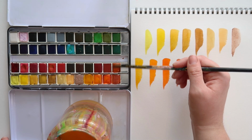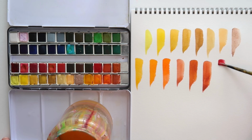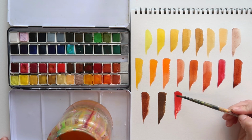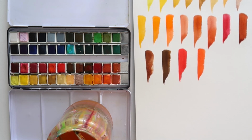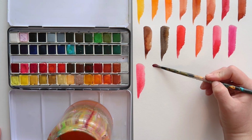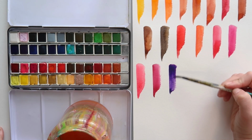And in our next row, we have raw sienna, light red, rose madder, brown red, burnt umber, Van Dyke brown, permanent red, scarlet, permanent rose, cold pink, opera, and crimson lake. And for the next row, this color I'm starting with, I think will really surprise you